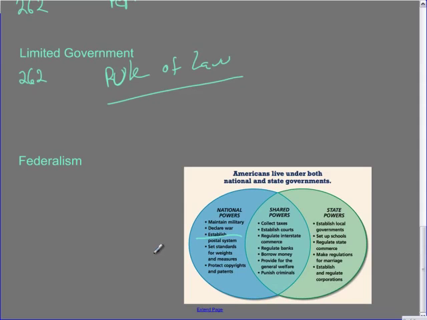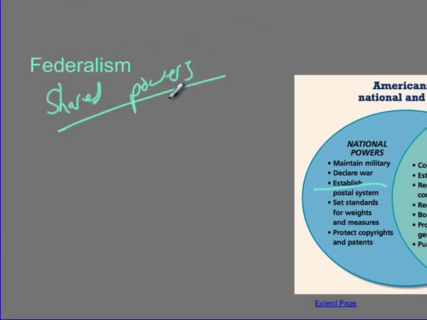I did just kind of mention that we're looking at shared powers. On this, you can read a definition kind of on 262, and then also a chart is on 282. You need to think about that the powers are shared, and that some of the bigger powers hold with the national government, some of the smaller things go to the states, and they both can do things that are important to each. But if a law from a state is in conflict with a law from the national government, which